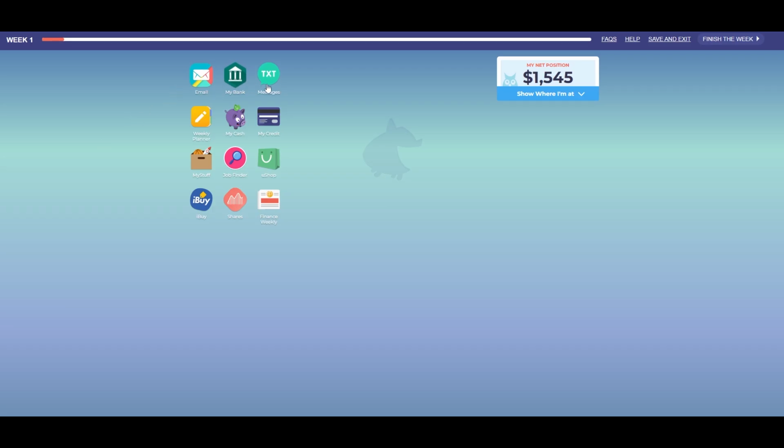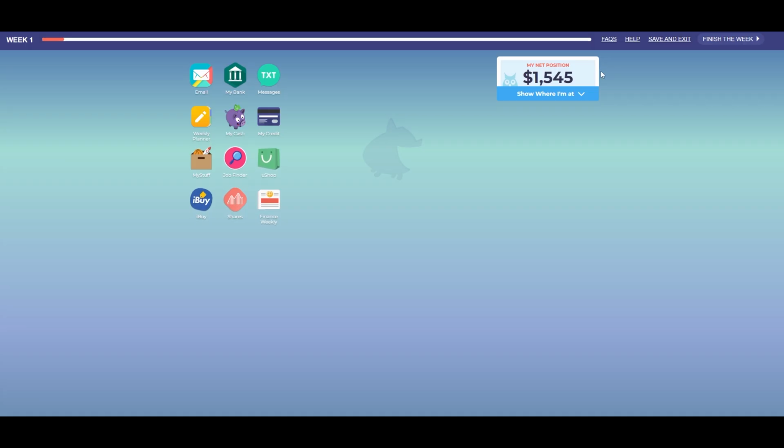To get the best score possible, you should open and check every app in every week of the game. Within each app, you have decisions to make and lots of opportunities to increase your net worth. The smart way to play is to read the fine print, look out for help or advice from Hal, and think carefully before you make your decisions. Every decision has a consequence.